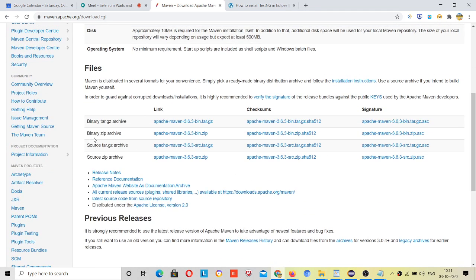Now you have to click on this second one if you are using Windows. If you are using Mac, then click on this. Whatever system you are using, it's up to you. I am using Windows, so I will click on this and this zip will be downloaded.